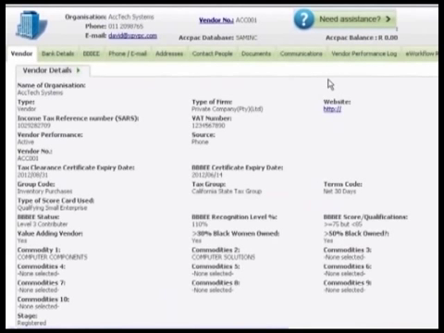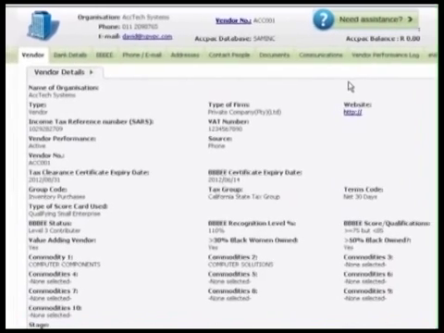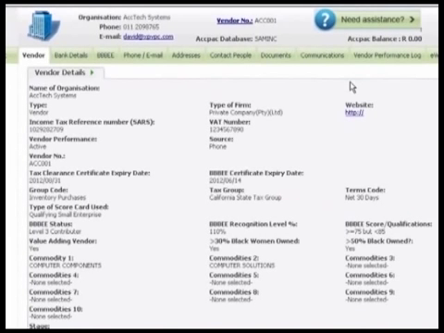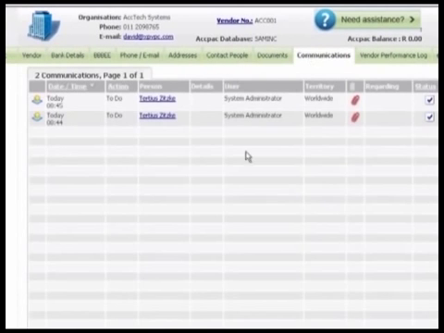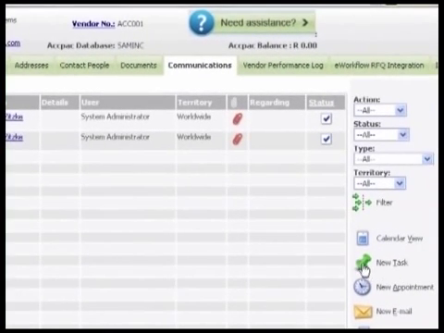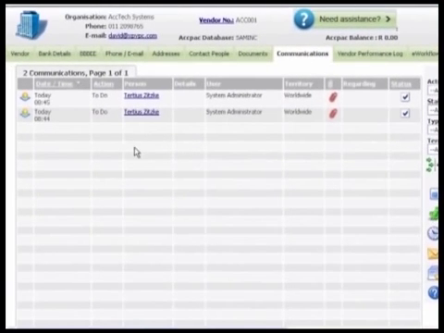From within the vendor I can also maintain all aspects of communication and interaction with that vendor. If I click on the Communications tab, on here I can record all tasks, appointments, emails and documents that are related to this specific vendor. For example, if I want to record a phone call to say that this vendor phoned with a payment inquiry,